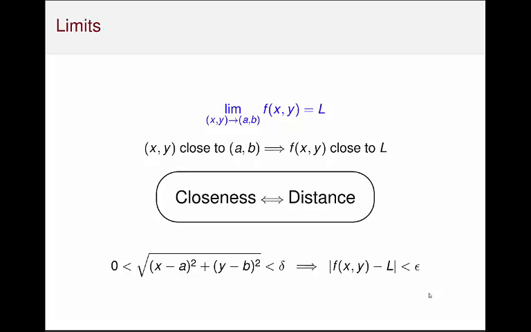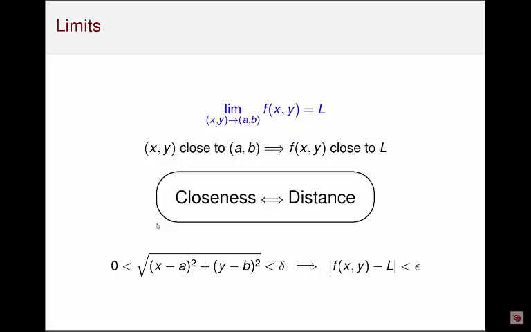And here comes the big idea of limit. We want the value of our function to be as close as we wish to the limit L. In other words, we want this distance between f and L to be arbitrarily small, meaning we must be able to choose the epsilon as small as we wish. So to write this down properly,